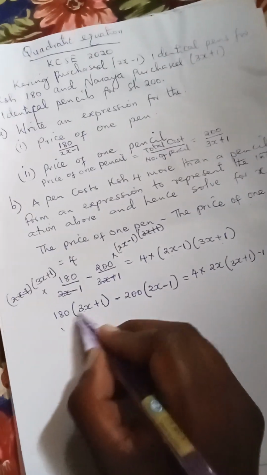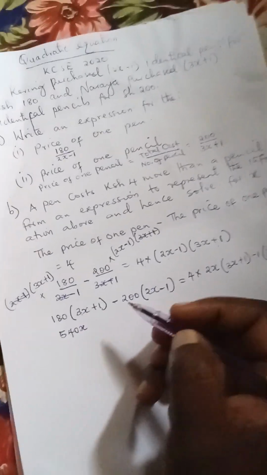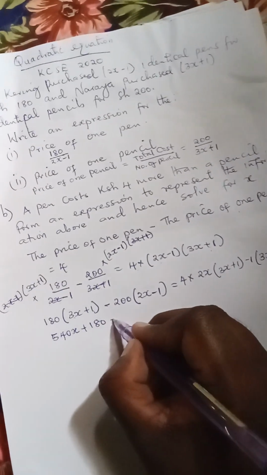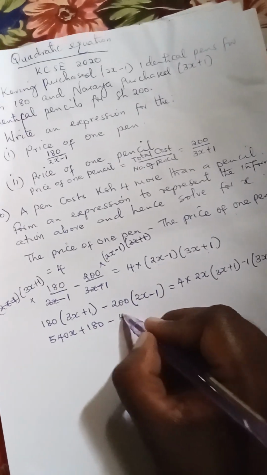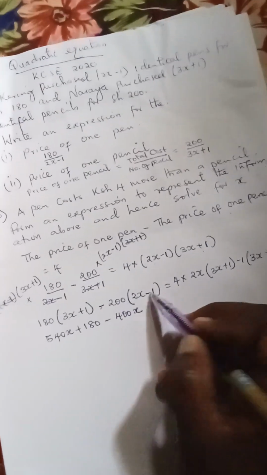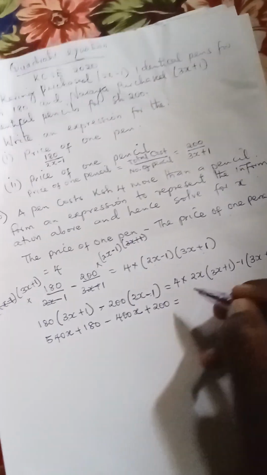So this will give us 3x times 180, 540x plus 180 minus 400x. Then negative times negative will give us positive plus 200, which is equal to